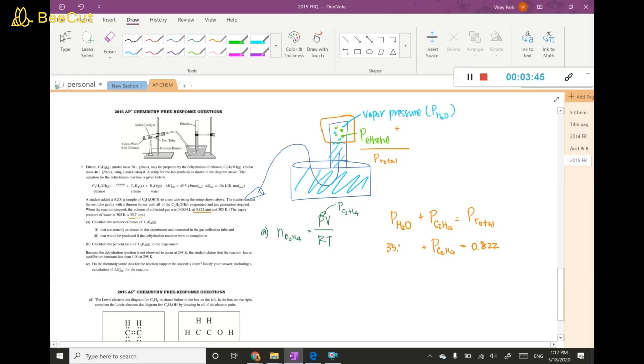If we look at this, we have different units. So let's switch this into atmospheres. Now, how do you switch that into atmospheres? So it's 35.7 torr. For every atmosphere, it's 760 torr, okay? And torr cancels out, and we end up with